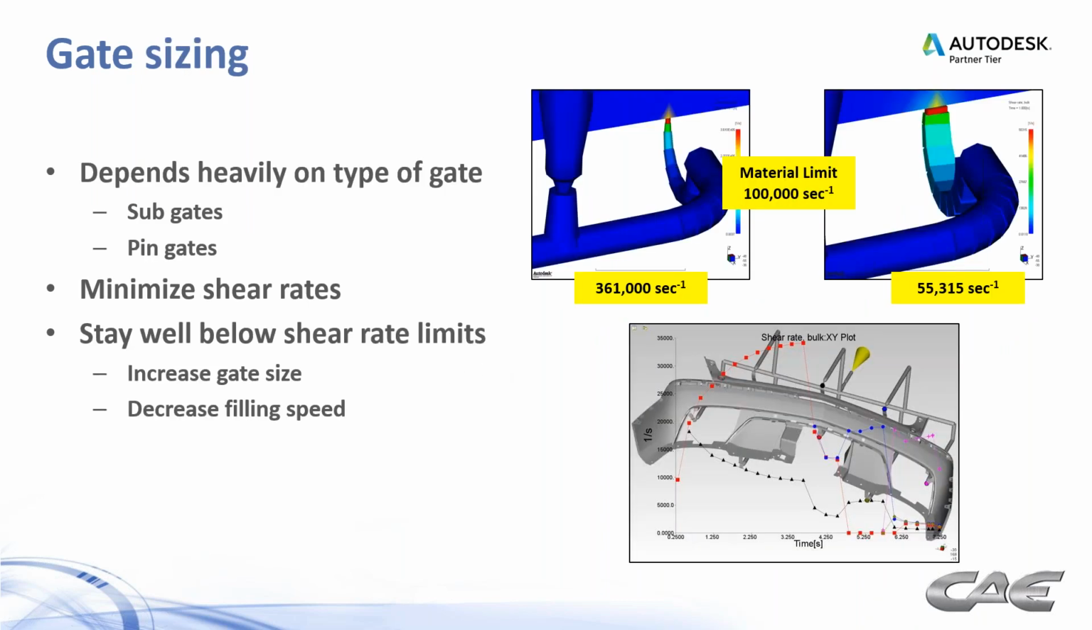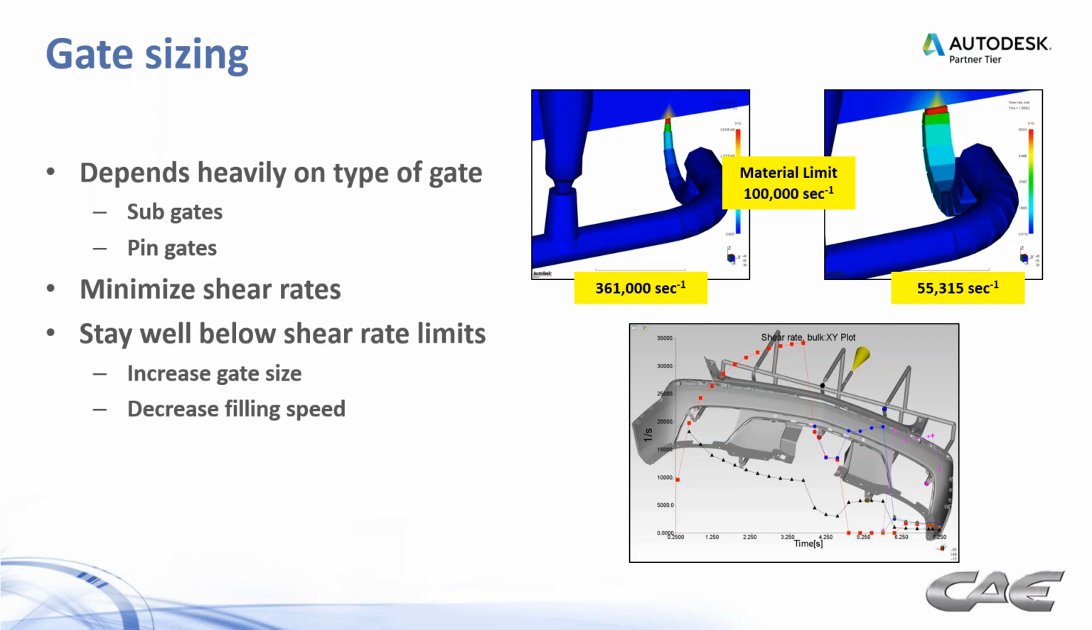But no matter what is chosen, we have to size the gates properly, and how we size them is going to depend heavily on that type of gate. Sub gates and pin gates are some of the most difficult ones to size because they tend to be very small. But again, we have that trade-off, right? Big benefit in degating, but in order to automatically degate, they have to be relatively small. And when they're relatively small, you risk having too much shear through those gates, and consequently could end up with